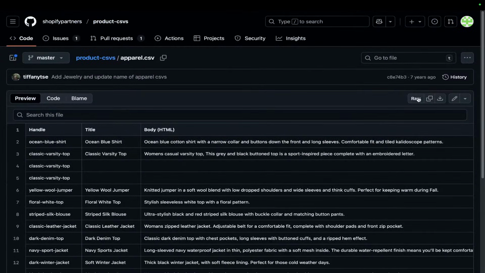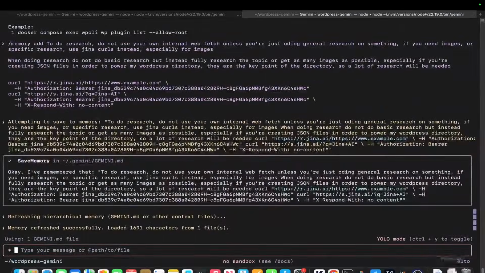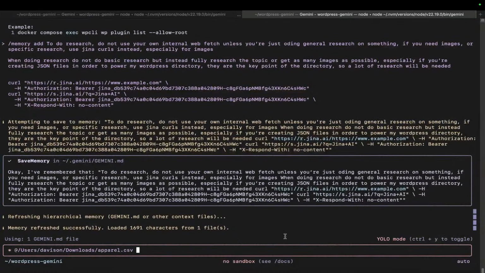Okay, so what we can do is you can press raw here, or you can just press copy file, or you could download the file. I think I'll download it. And then we drag this over and we say, this is my CSV from Shopify. What I want you to do is either manually or automatically